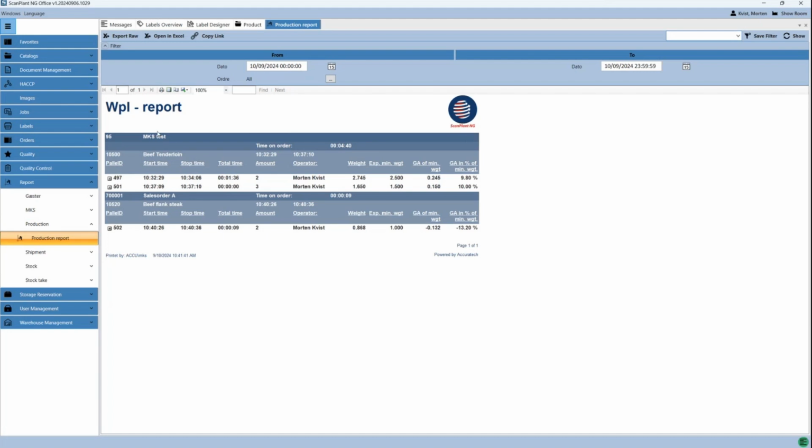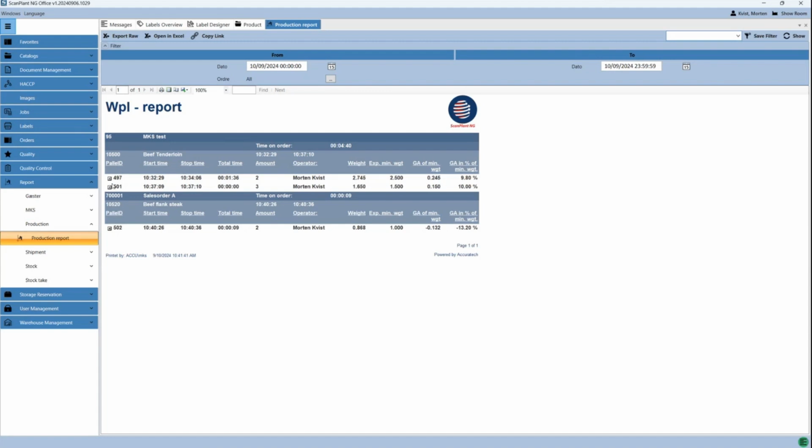So here it shows me that on this terminal, the one I'm working on is terminal 95, we produced this material called beef tenderloin. How long we took, the pallets that were produced, the amount on the pallet, who did it, what is the weight, what was the expected minimum weight, what is the giveaway, and the giveaway in percentage.